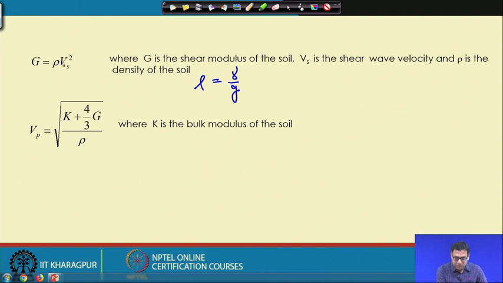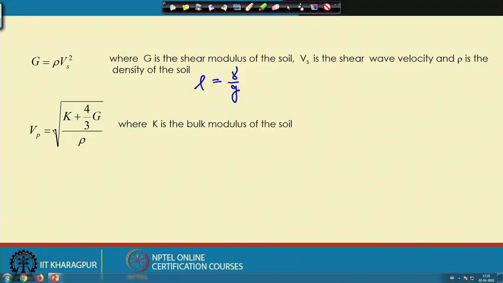If you know the velocity and the density, then we can determine the shear modulus of the soil. Similarly, K is the bulk modulus of the soil. If I know V p, and I know G and rho from these expressions, then we can calculate the bulk modulus of the soil. So, these are the moduli that you get from the velocity. Ultimately, from the velocity you get the soil properties as well as the thickness of the soil layer. But one last thing I want to mention before I finish today's lecture: